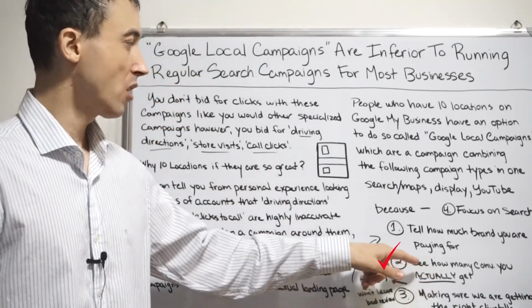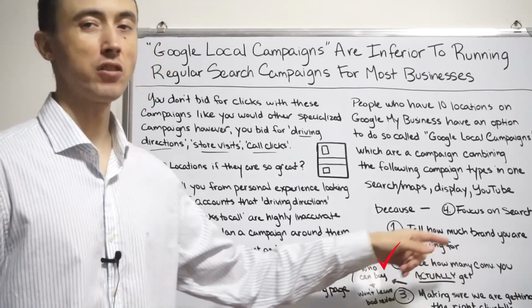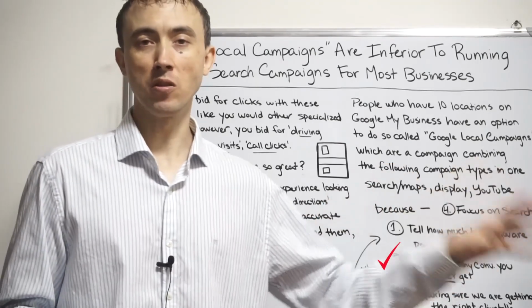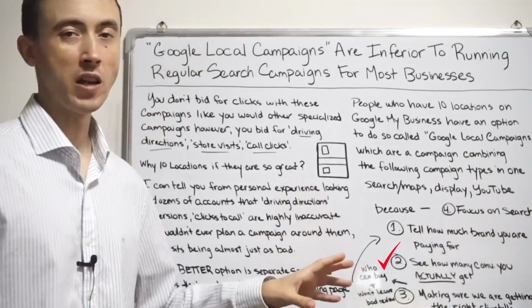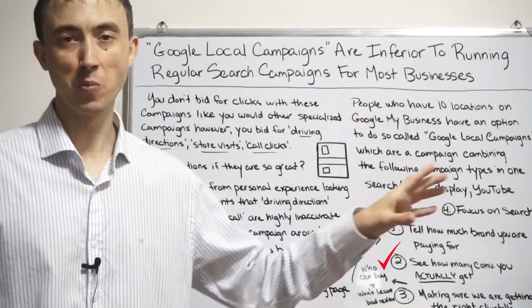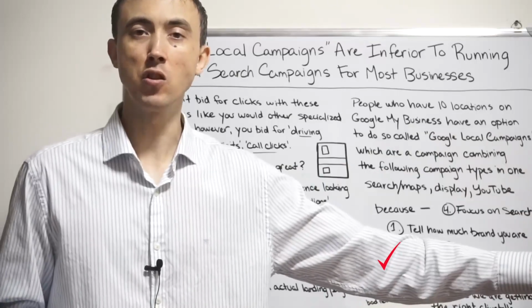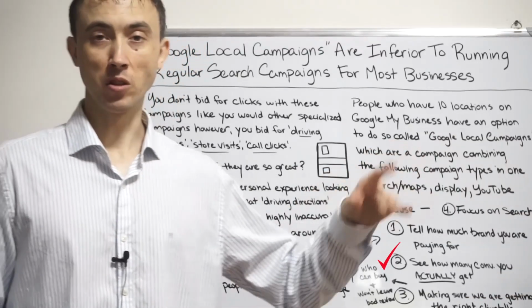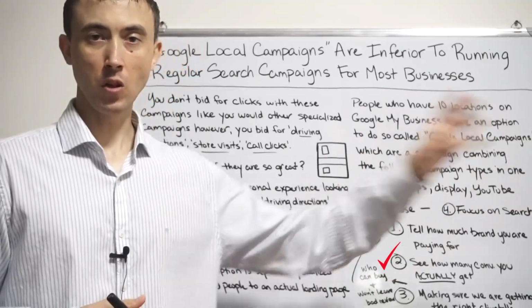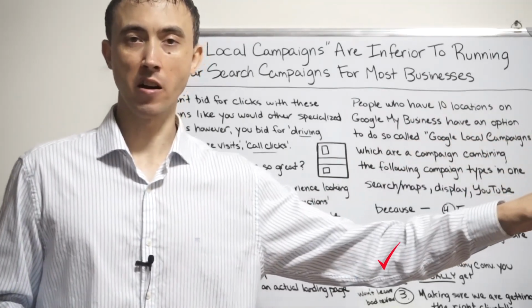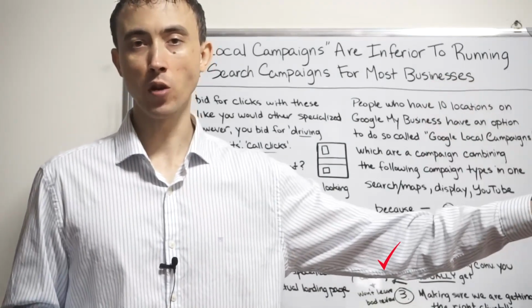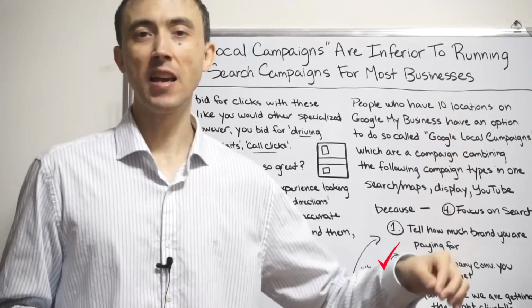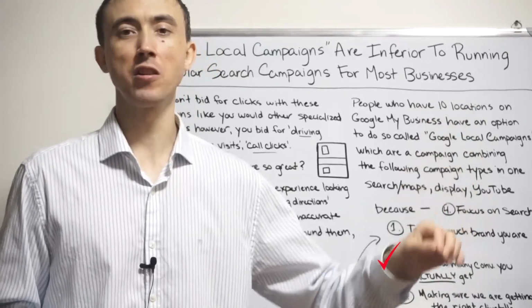Second, see how many conversions you can actually get. So what I mean by this is, with that, you can set up a landing page. If you run a regular search campaign or YouTube campaign or display campaign, you drive traffic to a landing page you own and control on your domain, or hosted somewhere else, but it's on your domain. You can set up Google Analytics goal tracking on it. You can set up Google Ads goal tracking on it. And you could, for the most part, rely,